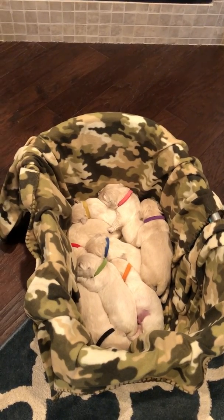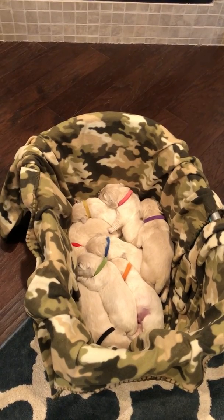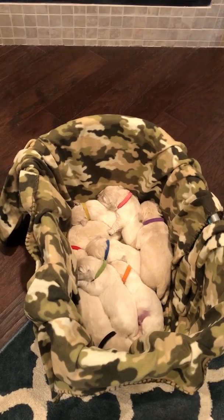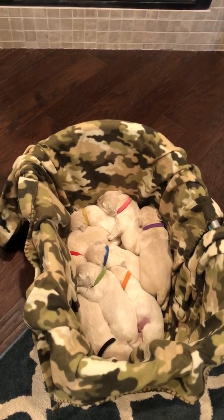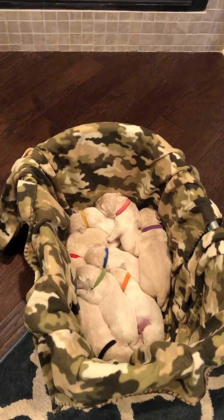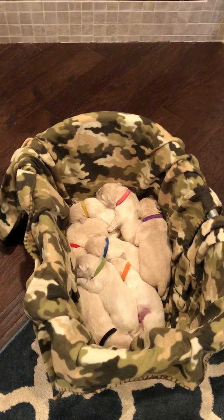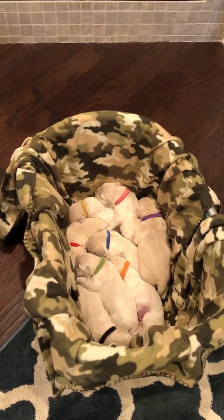But that is everybody from our Callie Tommy litter. Like I said, everyone's spoken for, so everyone's got a home. And we will start seeing personalities here in the next couple of weeks, and it'll get a lot of fun when we have them out back and we video them running around and playing with each other and interacting with Callie. But we will take them back out there, and we'll have more pictures during the week,